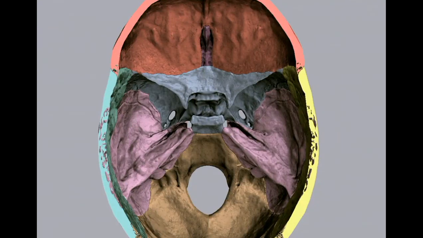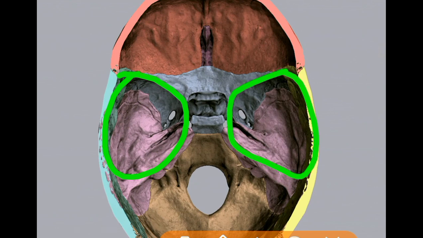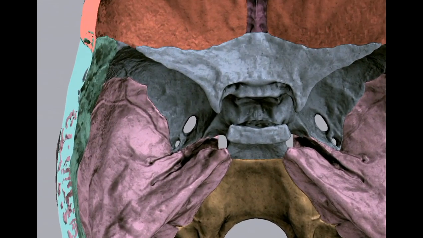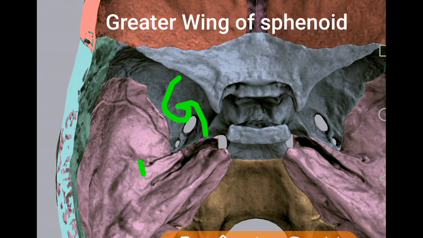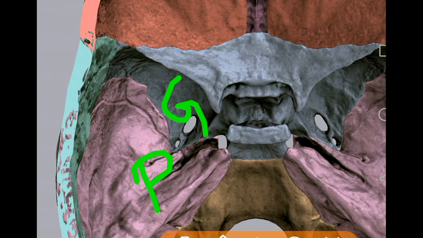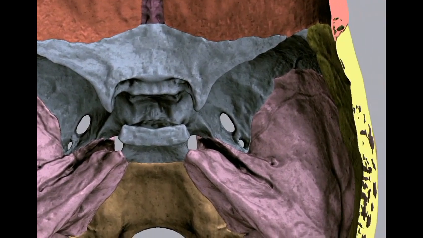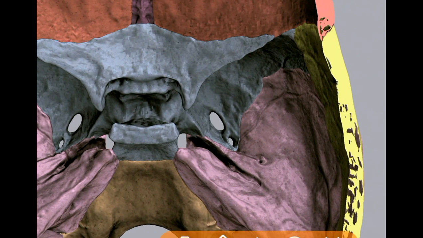So this is about the median part. Now coming to the lateral part. Each lateral part of the middle cranial fossa is lodging the temporal lobes of the cerebral hemispheres, and it is formed by the cranial surface of the greater wing of sphenoid here, the petrous part of the temporal bone, that is the squamous part, and also you will see the parietal part, the anteroinferior angle of the parietal bone, you can say.